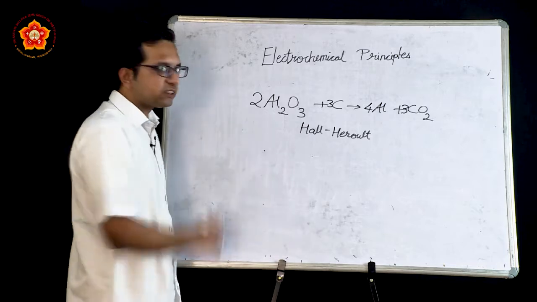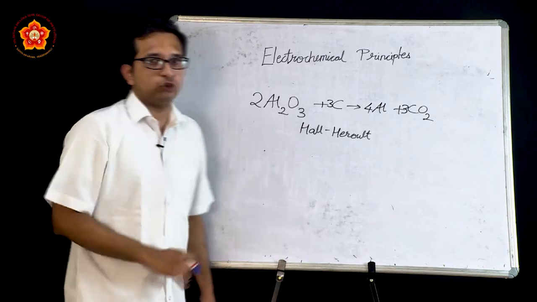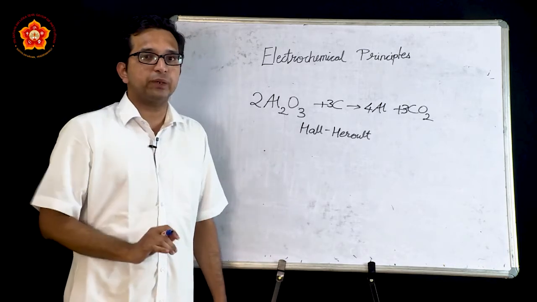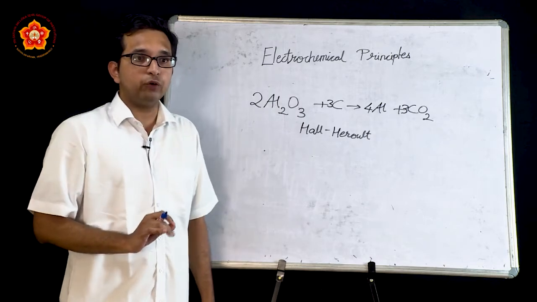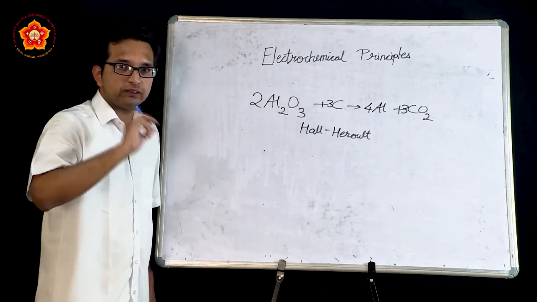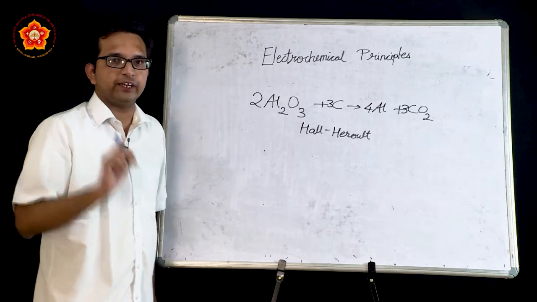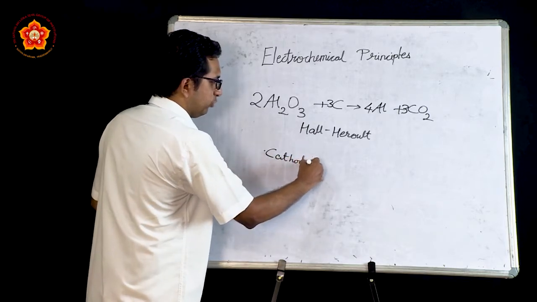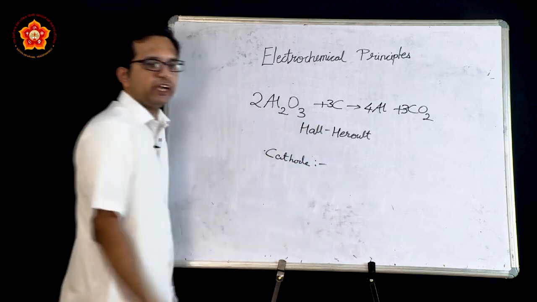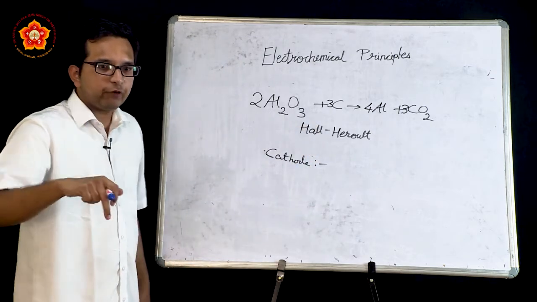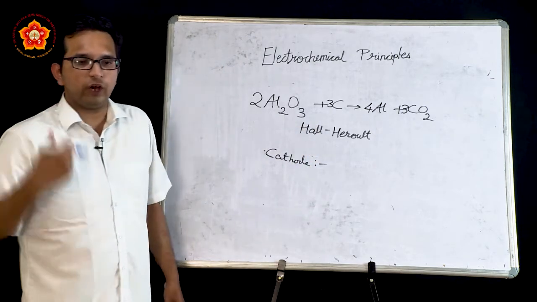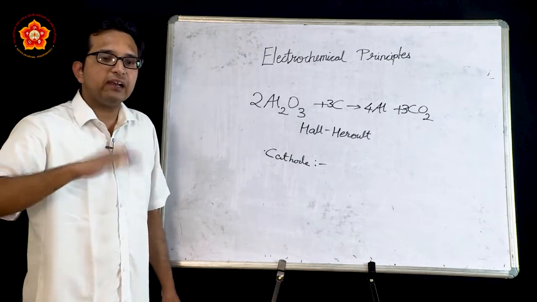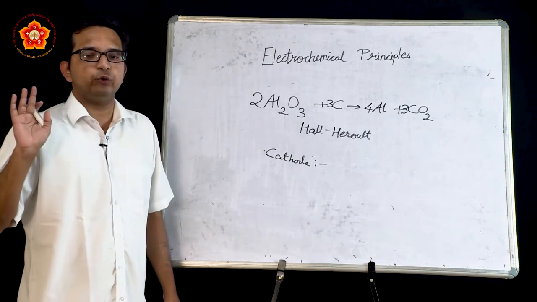So what are the reactions that happen at anode and cathode? That is also an important aspect from the examination point of view, where they tend to ask for the reactions that happen at anode and cathode. So in the first place, what is a cathode? Cathode is a negative electrode. So what happens at the negative electrode? A negative electrode will attract positive ions. We are quite aware of unlike charges being attractive to each other.